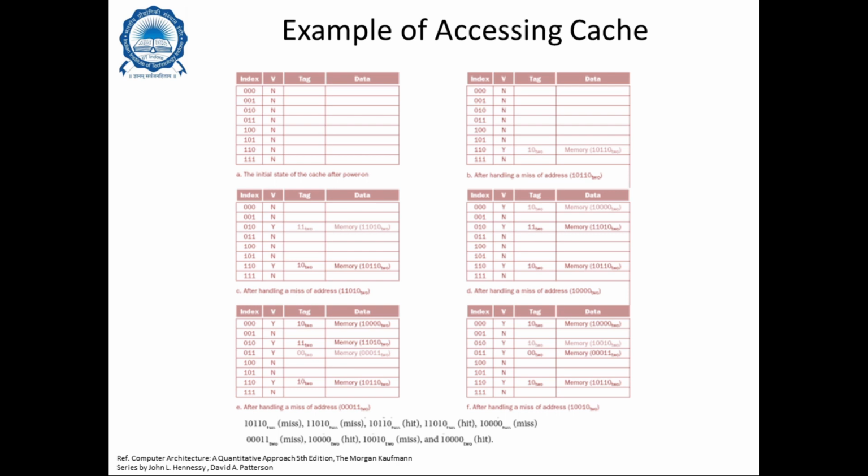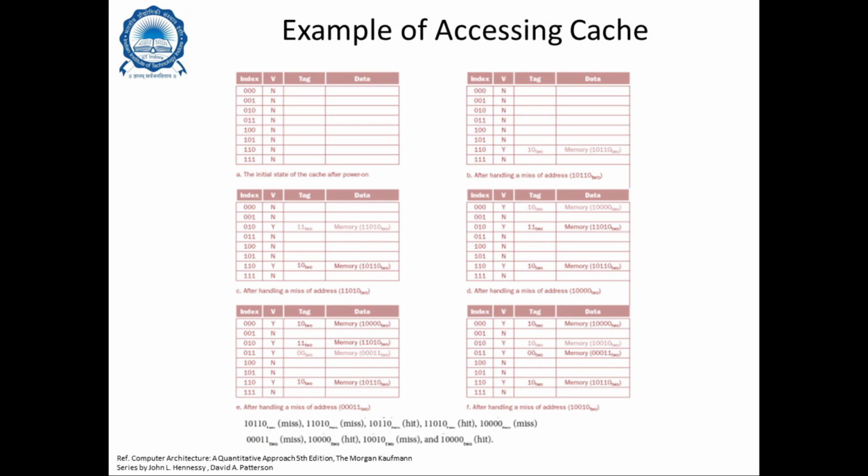In the third miss, which corresponds to 4 zeros and 1, the lower order 3 bits will be 000. So this will be the cache index, and the data from memory location 4 zeros and 1 will be placed here. The tag will be 01, corresponding to the upper order 2 bits of the memory address. The next will be the miss corresponding to 11000. So 11000 will have a cache index of 000 wait, 110. So 110 will be this one. Again, the upper order 2 bits will be 11 from this, and you will have the data from memory location 11000.